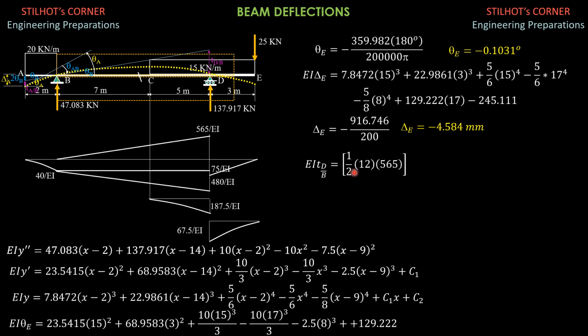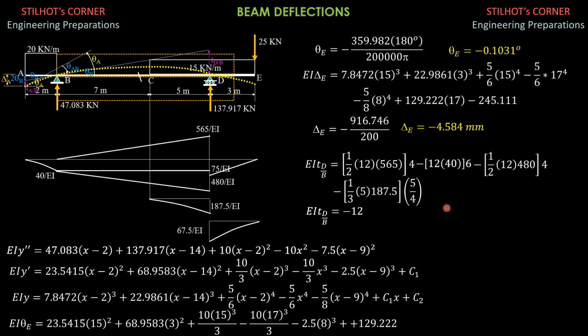So EI deviation of D relative to B is equal to 1/2 of 12 times 565 times 4. So we sum up moment here. Minus 12 times 40 times 6. Minus 1/2 of 12 times 480 times 4. Then minus 1/3 of 5 times 187.5 times 5/4 or 1.25. So solving deviation, EI deviation of D relative to B is negative